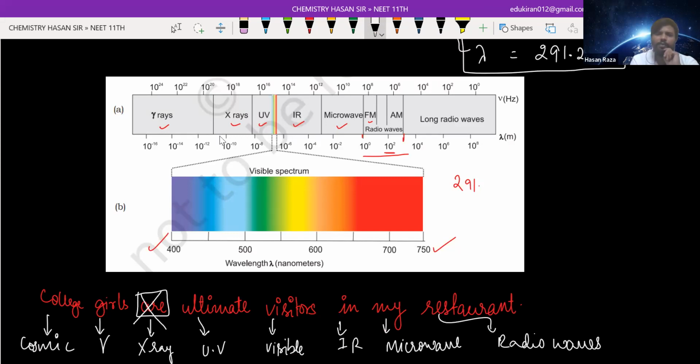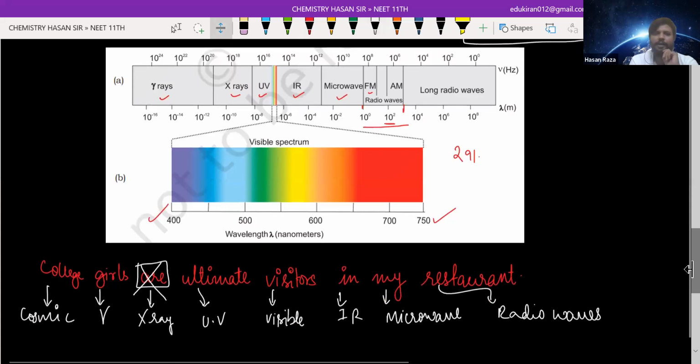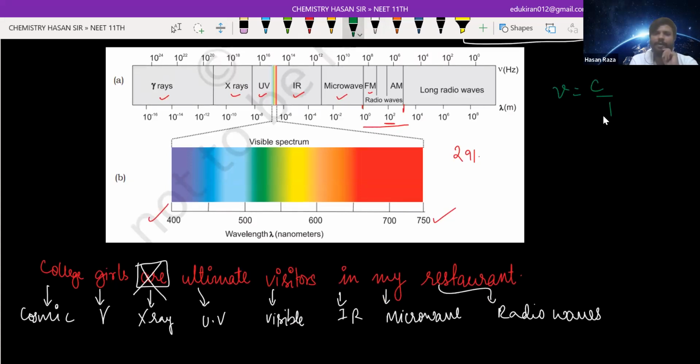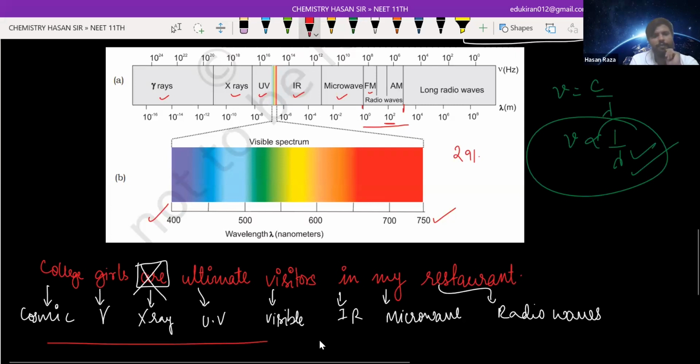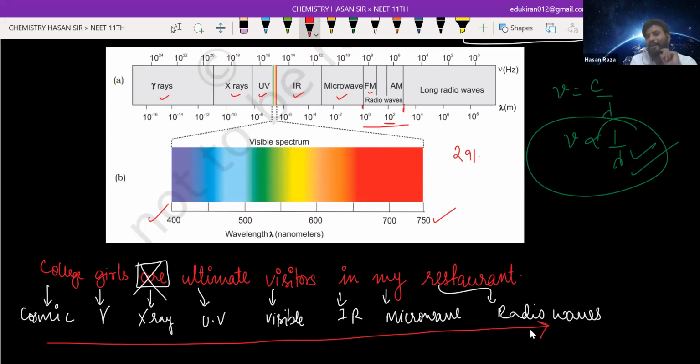They can ask you the increasing and decreasing order of wavelength and frequency. And as I told you that nu is equal to c by lambda. So you can see frequency is inversely proportional to wavelength. So as you can see, when you are going to move from left to right towards radio waves,